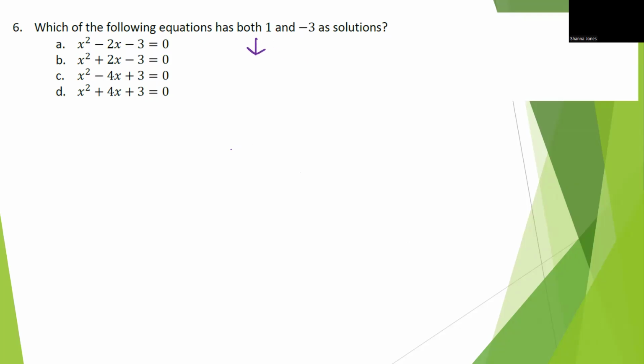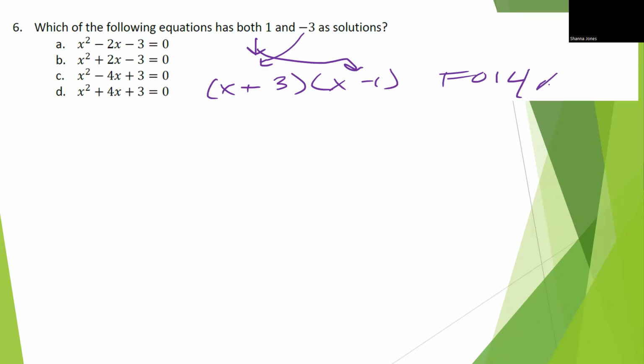All right. If I know the solutions, what are my factors? Because your factors are the opposite of your solutions. And now what do I do? Box or FOIL? Do I care which one you do? No, you just need to do it. So we get x squared plus 3x minus 1x minus 3. And combine and we get